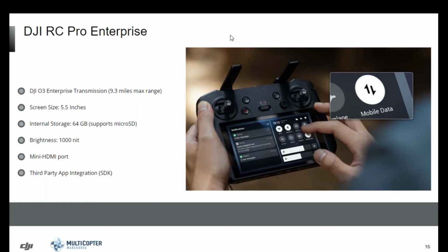As I try and emphasize with everyone, you should not expect to fly 9.3 miles away, nor should you fly 9.3 miles away, since you wouldn't be able to see the drone. But what this really means is that within a highly populated, dense area where you might have a lot of signals in the air, it's going to be able to hold that a lot better than previous models. So in most situations, 2 to 3 miles, no problem whatsoever. Again, that's still a little bit further than I would probably recommend flying,